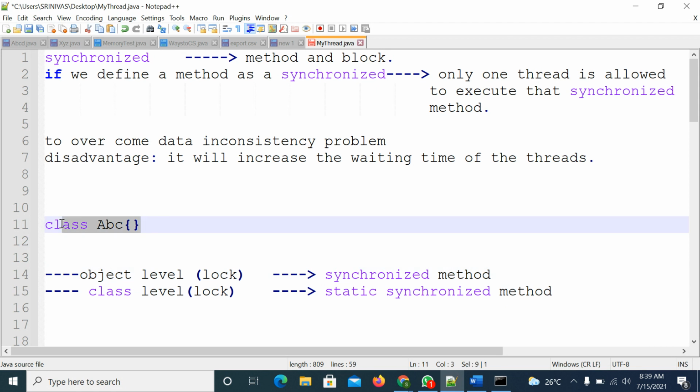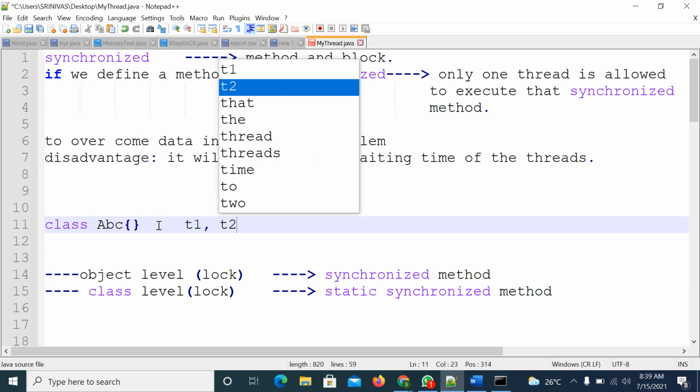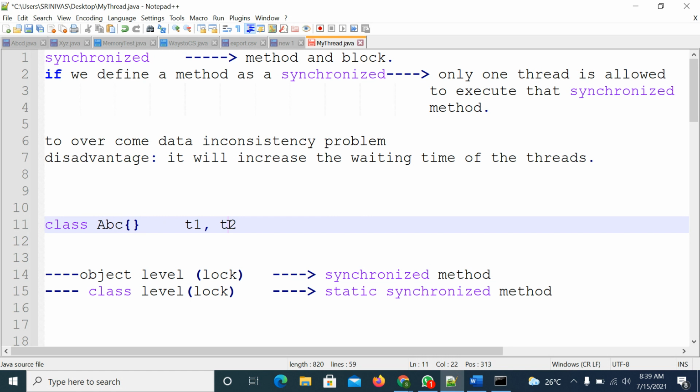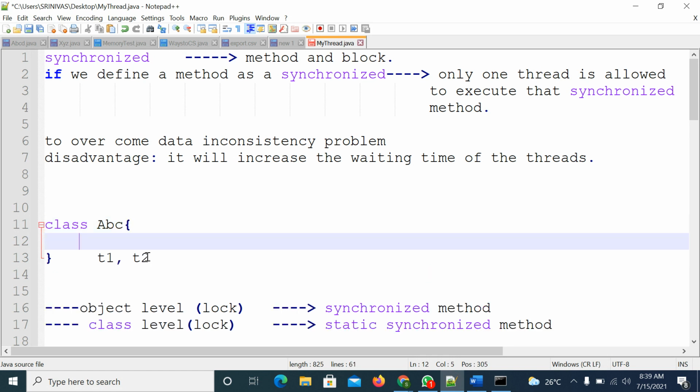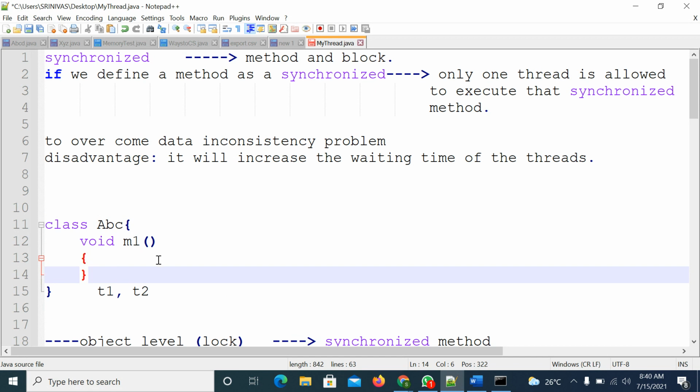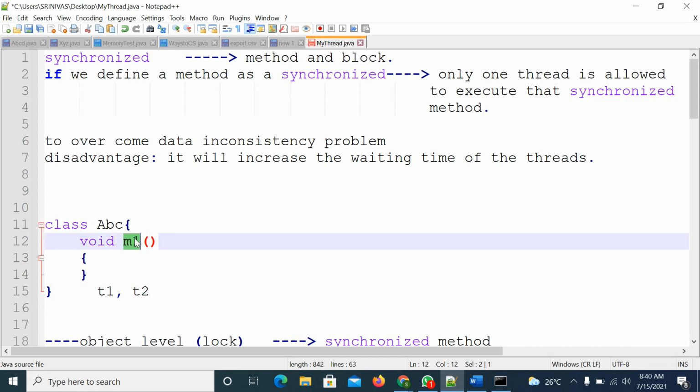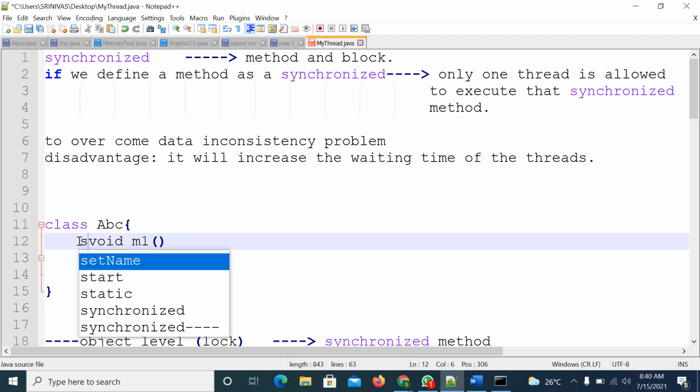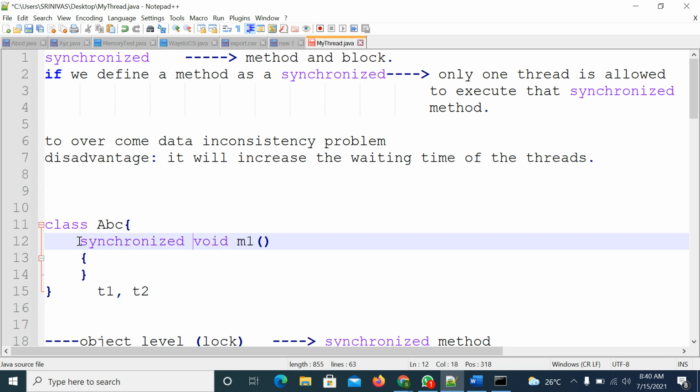So for every class there will be a lock. Suppose a T1 thread and a T2 thread both want to execute the same class method. The class contains a method, M1. Both T1 and T2 want to execute this M1 method. If this method is a synchronized method, what will happen?